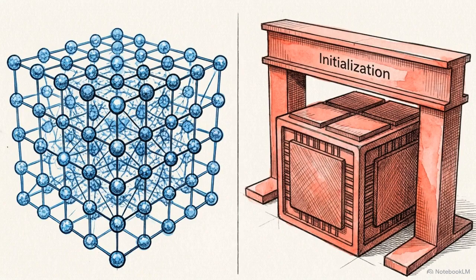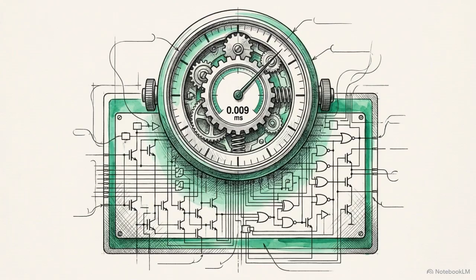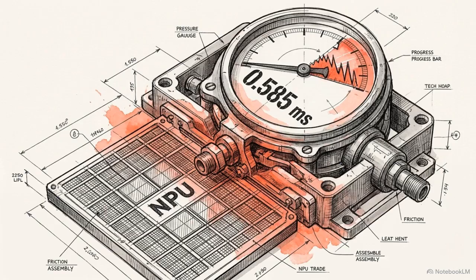The forward timing metrics reveal exactly when this trade-off is worth it. In highly fragmented, small-dimensional networks, the initialization overhead of the hardware accelerator becomes a severe liability. Testing a small-tier matrix operation with a batch of 4 and a dimension of 32, the Loom CPU completes the math in 0.009 milliseconds. The NPU takes 0.585 milliseconds. In this environment, the dedicated hardware operates at 1/50th the speed of the CPU.